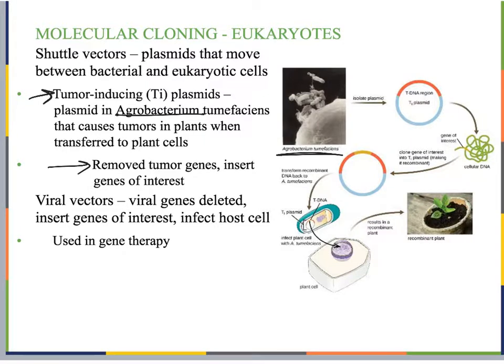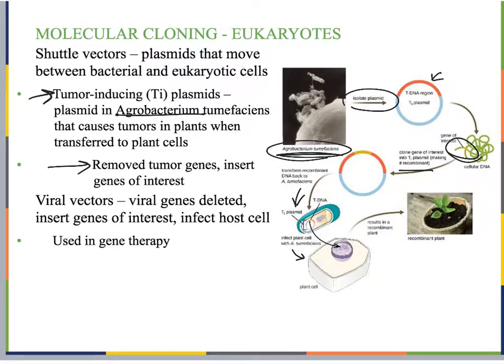So we can remove, as it says here, those tumor genes, and then we can insert the gene that we're looking for. We take our Agrobacterium tumefaciens, isolate the plasmid, take this region here and insert our gene of interest, whatever that is. So we clone the gene of interest, put it into the TI plasmid. Now it's a recombinant plasmid. Then we put it back into Agrobacterium tumefaciens,